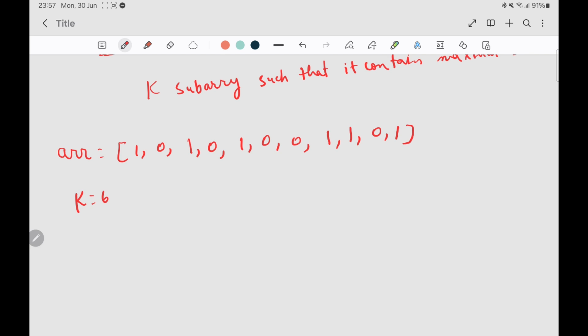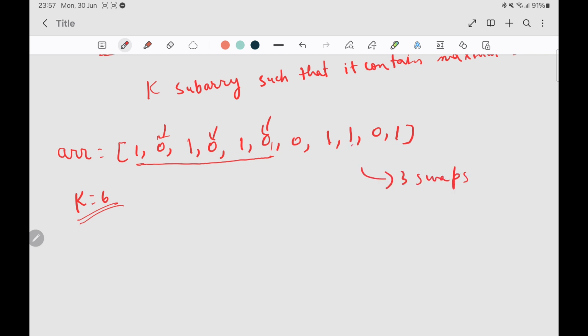Now I need to find a window of size k which will have the maximum ones, right? So one option is that if we start from here, we have this window. Here the window size is 6 and the number of 1s is 3, right? So here if we swap these 3 zeros with 3 ones, we need 3 swaps,